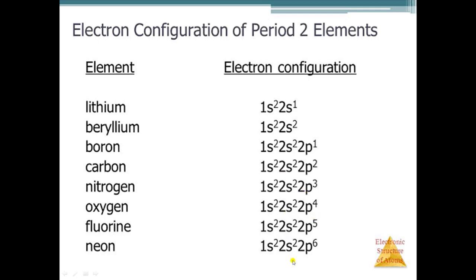You will observe here that the valence shell has 2 kinds of orbitals, 2s and 2p. In the s subshell, one 2s orbital is present, and in the p subshell, 3 orbitals are present. So 1 plus 3 is equal to 4. That means a total of 4 orbitals are present. In 4 orbitals, 8 electrons can be filled. That is why in total 8 elements are present in period number 2.